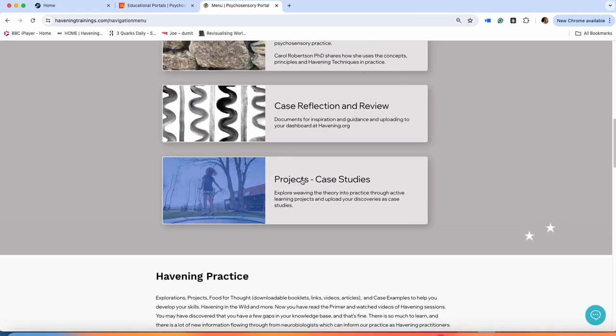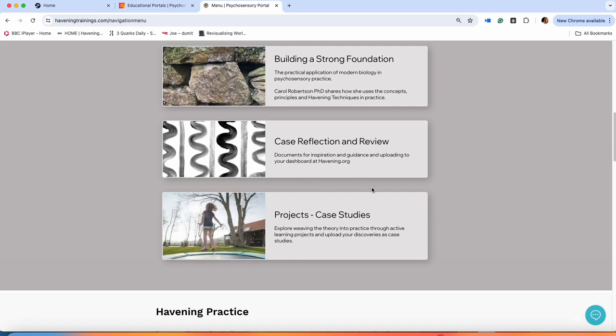Projects. Okay, so I know that not everybody wants to start by reading the primer. I think that reading the primer is really important. You're going to have to do it at some stage. I do think the best time is at the beginning. But if you don't want to start by reading the primer and you want to kind of get going, or you want to do a mixture,